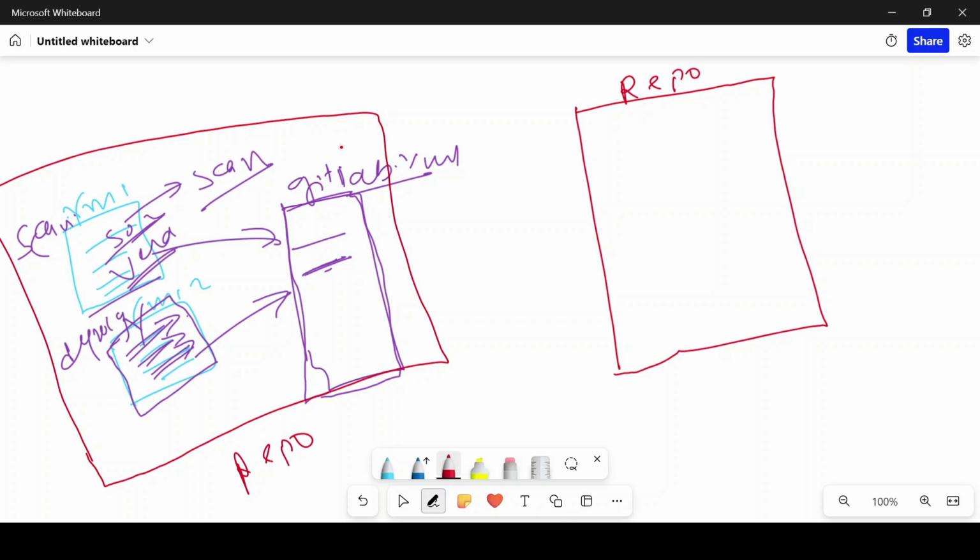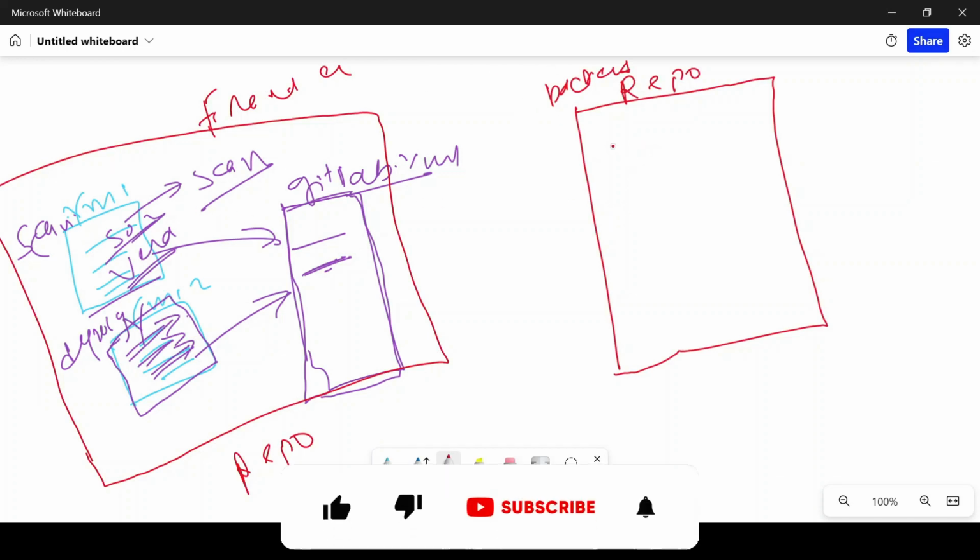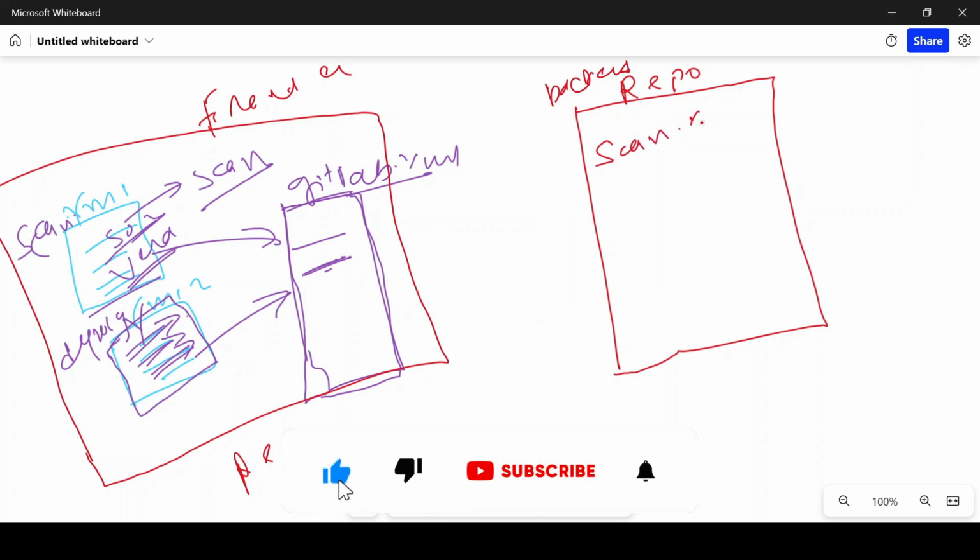Consider that this is a front end pipeline, and this one is related to back end. A few of the components are similar, for example scanning and deployment. So some components are similar. Instead of creating the same scan.yaml and deploy.yaml again here,